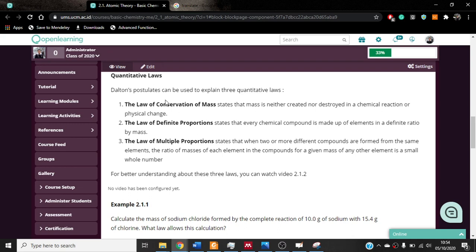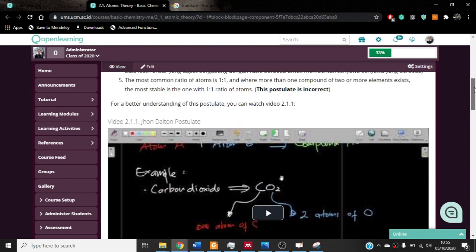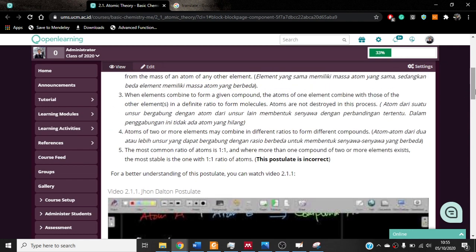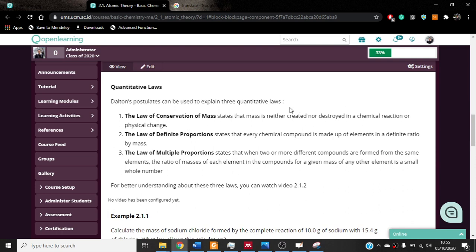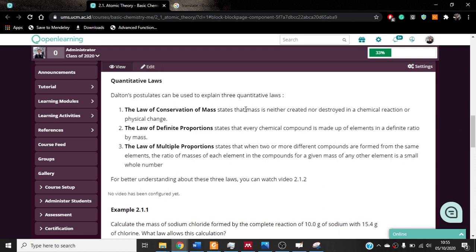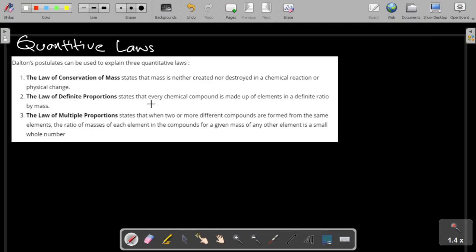In this video, I would like to explain to you about the quantitative laws. They are not proposed; the laws are already established, but by using John Dalton's postulate, we can use the postulate to explain the three quantitative laws. And I will start from the first law. The first law said that